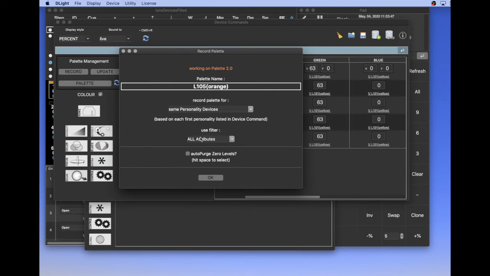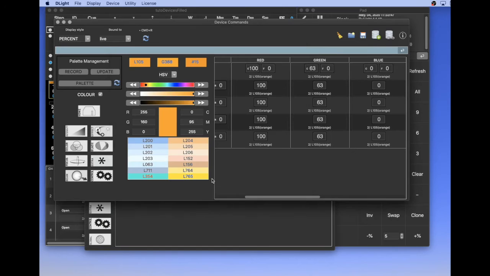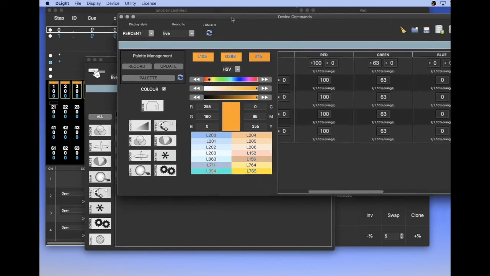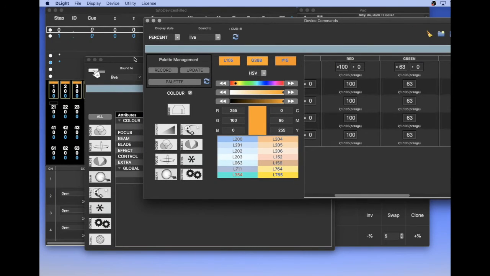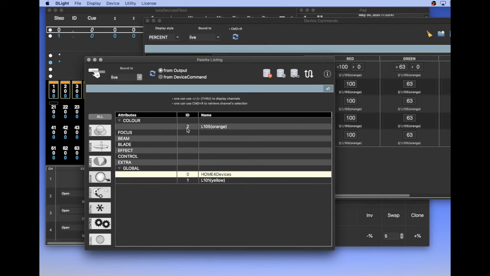And here I will select the color filter in order to only record color information. I click OK. And now in the device listing, you see that this palette is only a color palette.